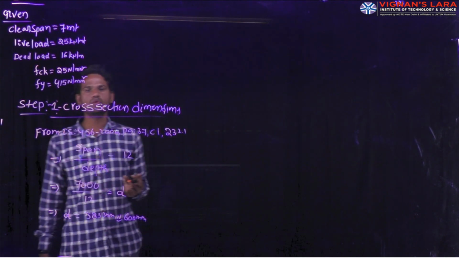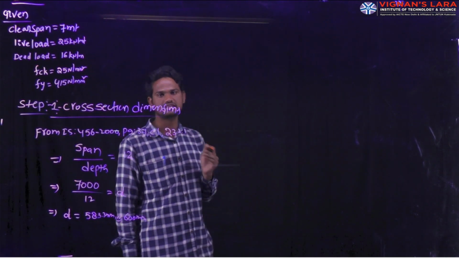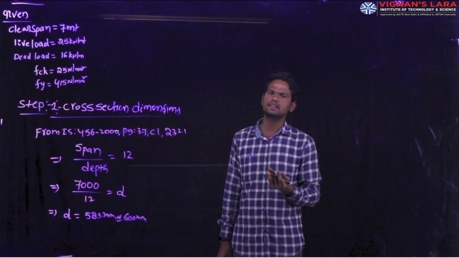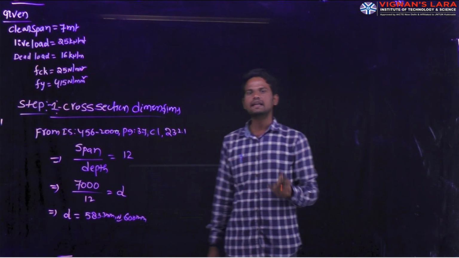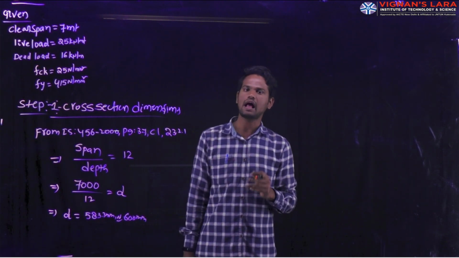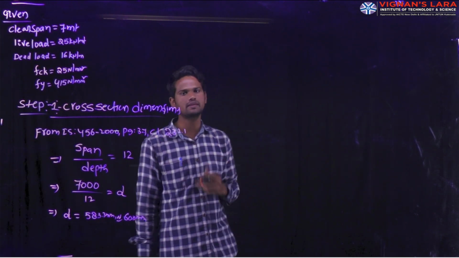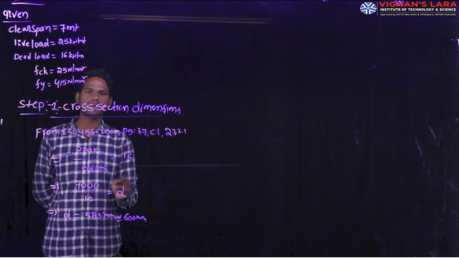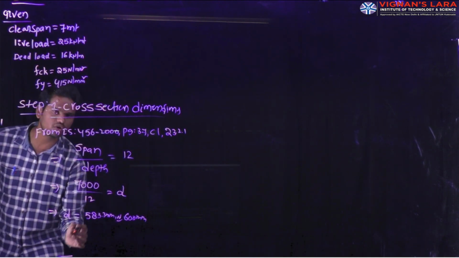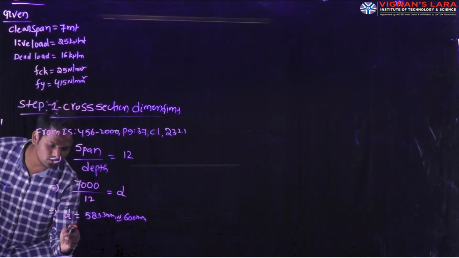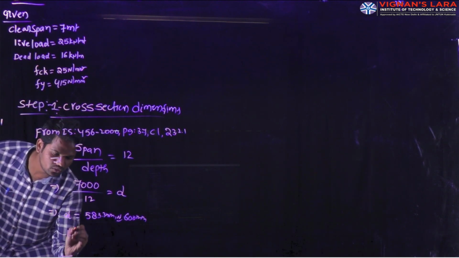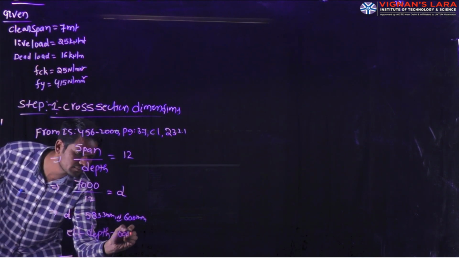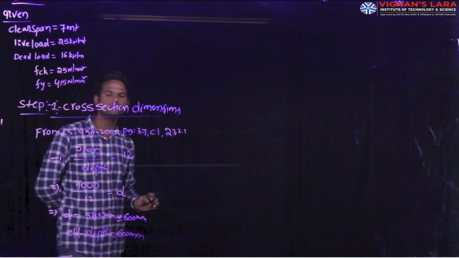Next, based on the stirrups and the longitudinal reinforcement provided in the beam, we can calculate the effective depth of the beam. Directly I am assuming the effective cover of the beam as 50 mm. See, D equal to 600 mm. This is the effective depth. Otherwise, I am writing here effective depth equal to 600 mm.